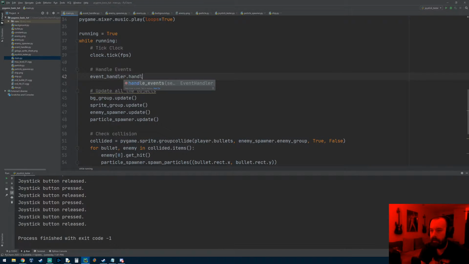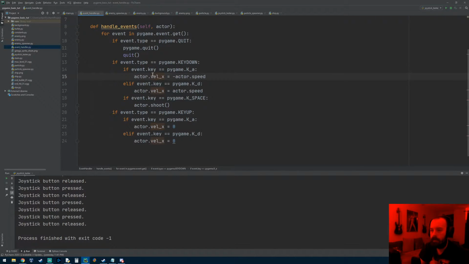EventHandler.handle events. And it requires an actor. And the only thing we're going to be controlling in this game is the player. So we're going to pass the player in. So whatever current player we have, all that stuff will get thrown into the EventHandler class, and it should work